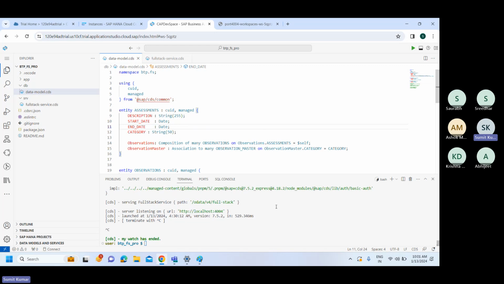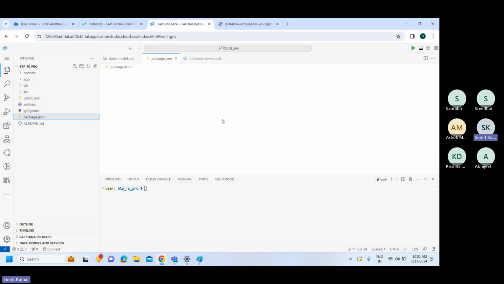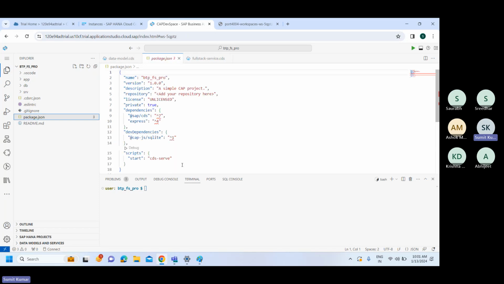Okay, so what we'll do is we'll try to see how I can consume this into a Fiori application now. Before that, let's do some sort of groundwork. Let's try to add a HANA DB to it, because all this while it was working on an in-memory database, right? If you see over here, package.json is quite empty. It does not have any HANA link to it. It was an in-memory database on which it was working. I'll just say cds add hana,